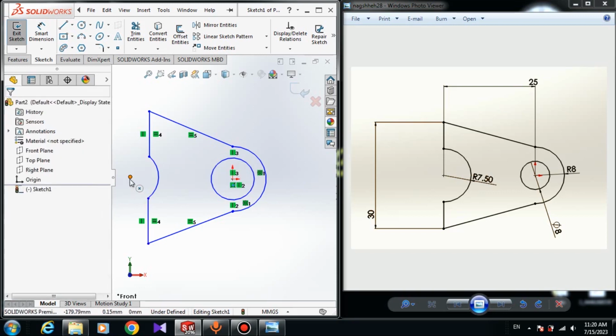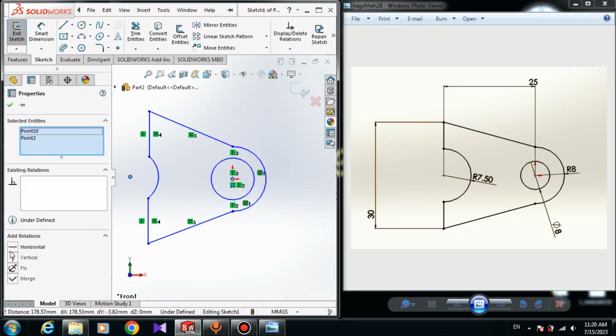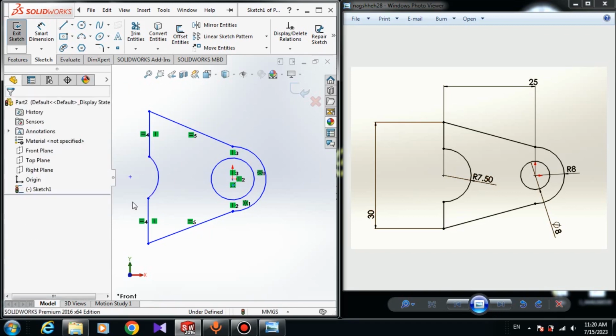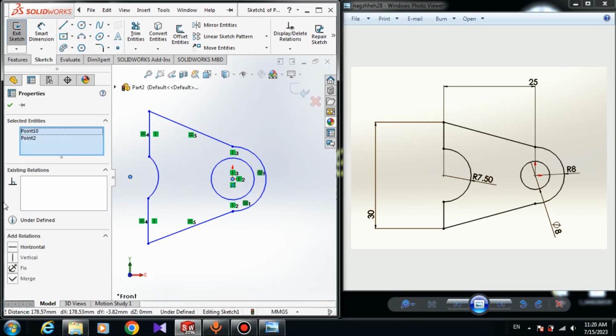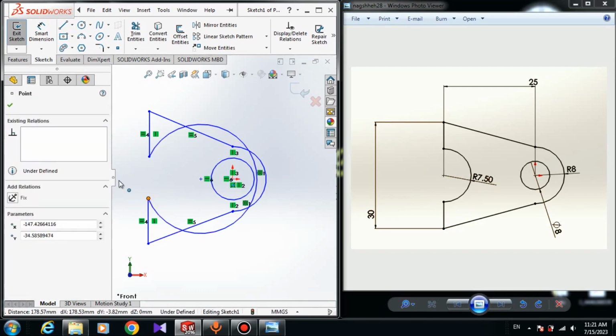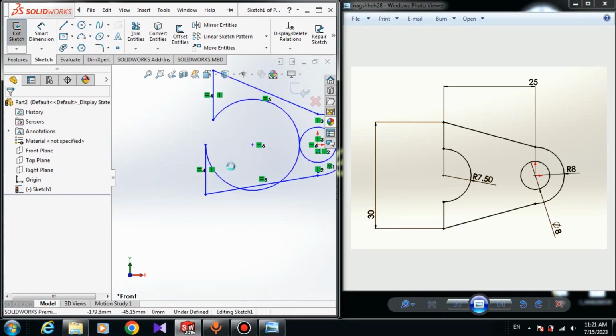And the center of the arc here must be horizontal to the origin point, so hold the control button and choose this point and the origin point here with horizontal relation. Sorry, hold Ctrl Z and do it again. Choose this point and the origin point here and give it horizontal relation. So let me see what's the problem. So hold the Ctrl Z,